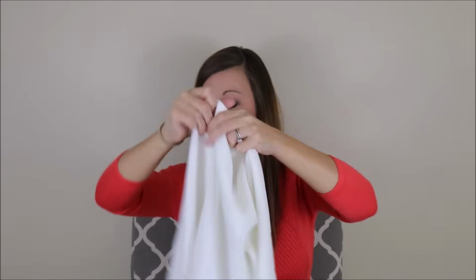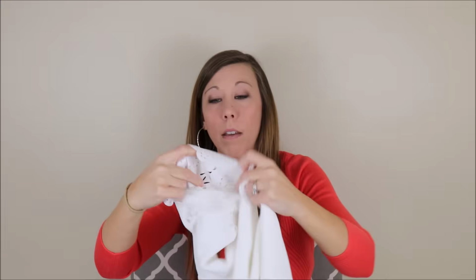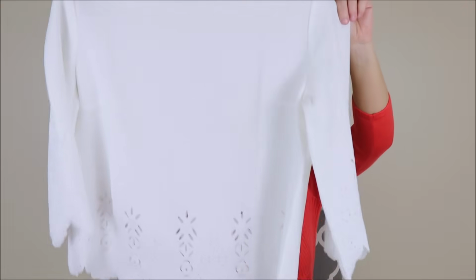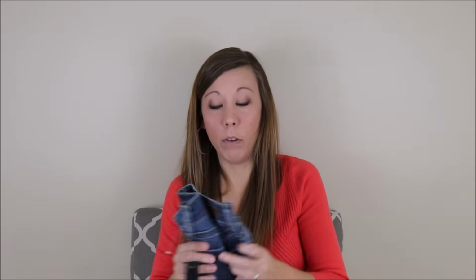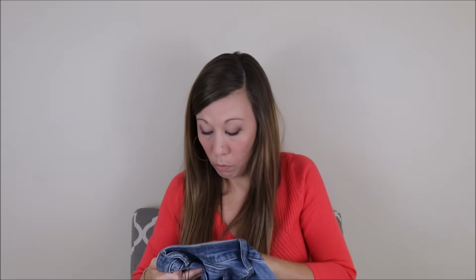We have this ivory top with this beautiful cutout. Let me give you guys a better look at that cutout there. Cutouts on the sleeves, very beautiful. Same cutouts on the bottom of the shirt. Just a really nice blouse. So, okay, very nice. And then we have a pair of jeans, Article of Society, which I love my Articles of Society. Hopefully these are a